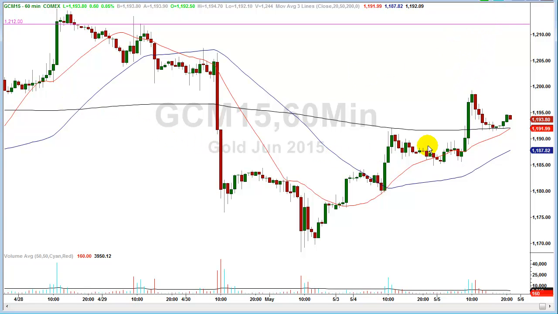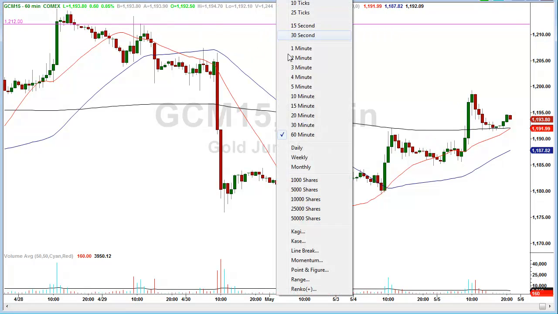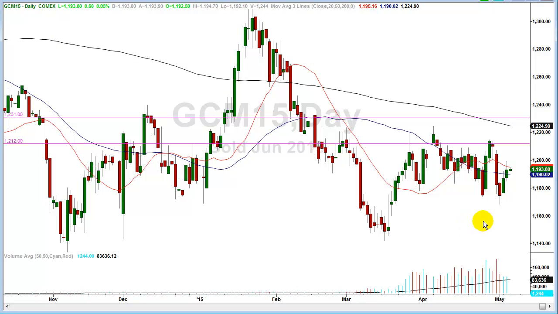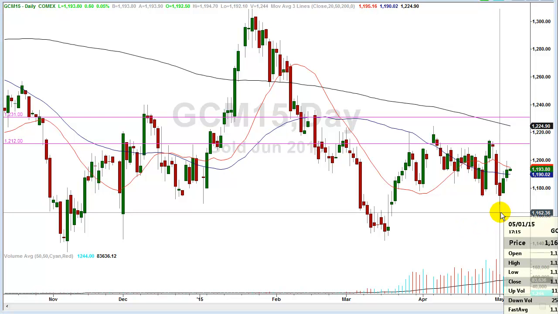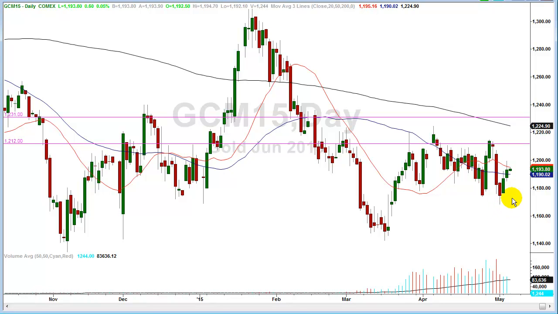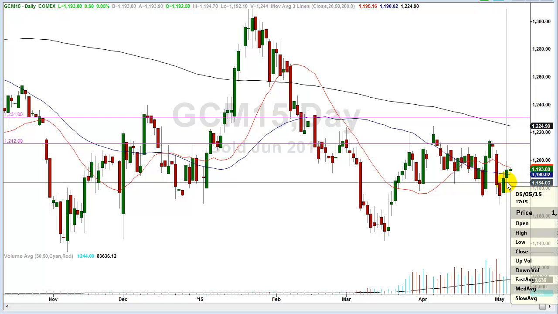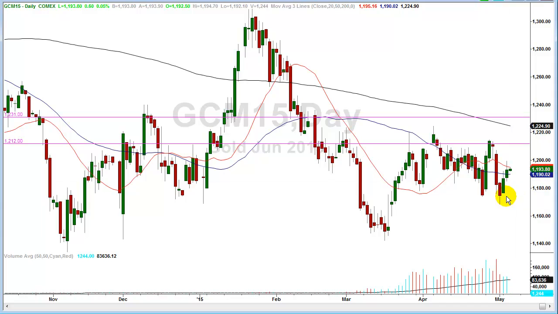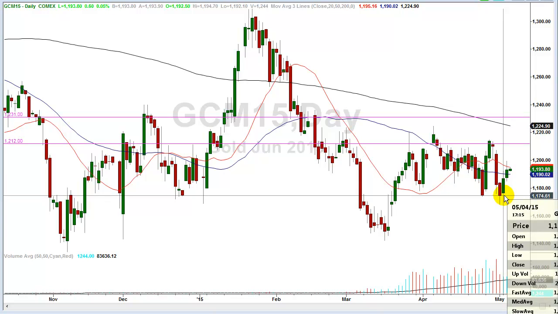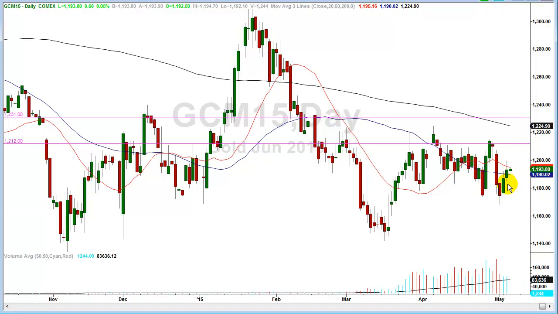If we do break down, let's go back to the daily chart. At this point, your line in the sand is going to be 1168.40. I know that's a little ways away from where we are, but any close below 1168.40, and you probably have to go down to the double bottom. But you can stair step it if you want to be more cautious and you're long gold on the futures. Your first line in the sand is a close below this day here, which is 1184.90, so 1185. And then the next one down is 1176.60. That's the way the market works. It goes in stair steps.